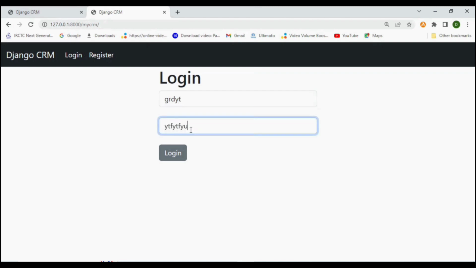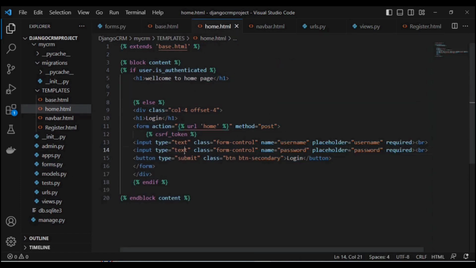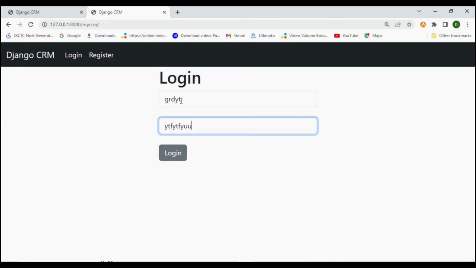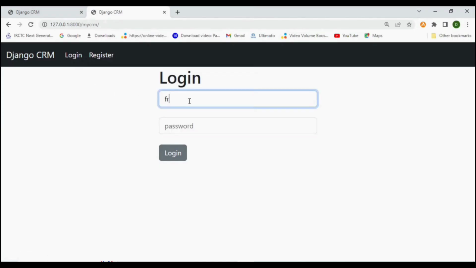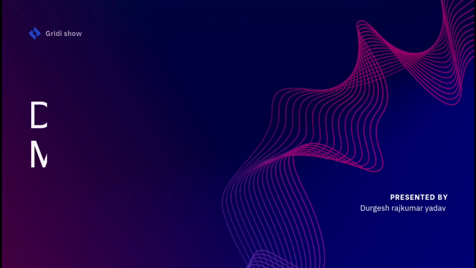Then same if you observe for our login page, here also our password is visible. So this one also we need to make in dot form. For that, go to the home.html page and in place of text type enter password. That's it. Then refresh and try to log in. See, here also our password is going to convert into dot form. Now